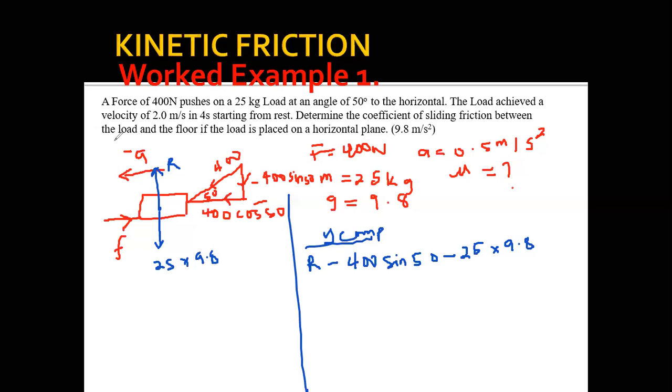Like I'm saying, in the vertical direction there is no motion, so acceleration in the vertical is 0. So the net force is m times 0, which will essentially be 0. That is your first equation. You should be doing the multiplication for me. For example, sine 50. So let's rewrite that: R minus 400 times sine 50 will give us